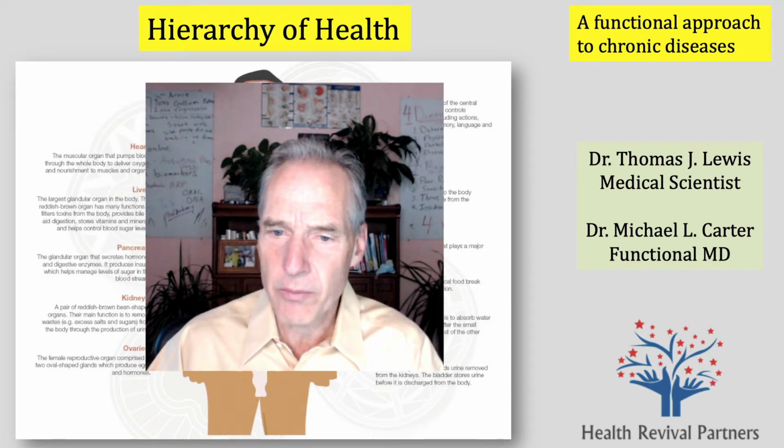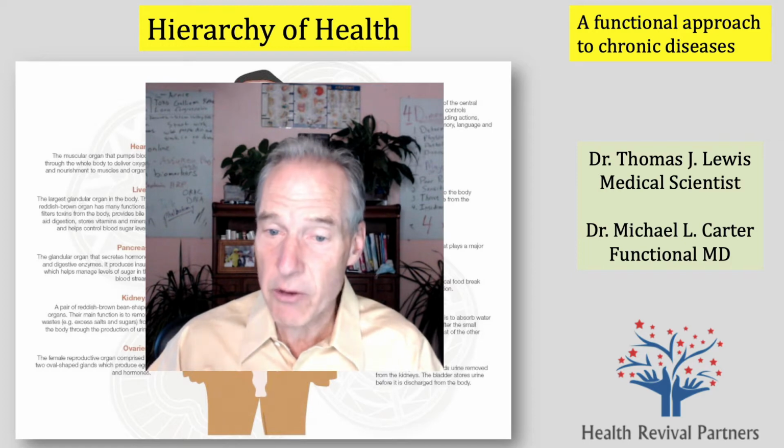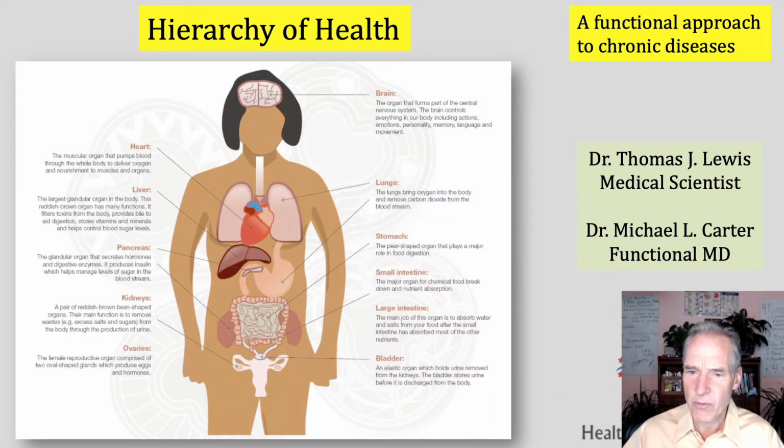And what we call our program in functional medicine is the hierarchy of health. What we're doing is, number one, we understand the connectivity between all body systems, but there's also a logical progression to follow to ameliorate chronic problems. So in the next several slides, I'm going to show where we are in terms of chronic diseases and why there's a need for the marriage between the standard of care and functional root cause medicine focused on chronic conditions.